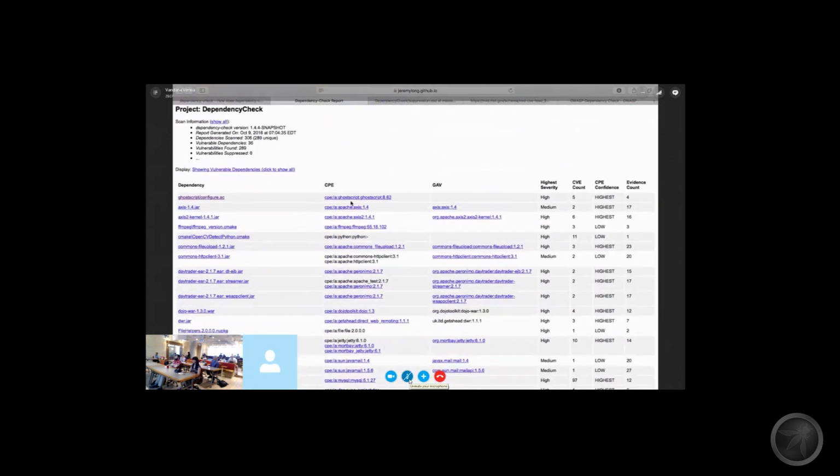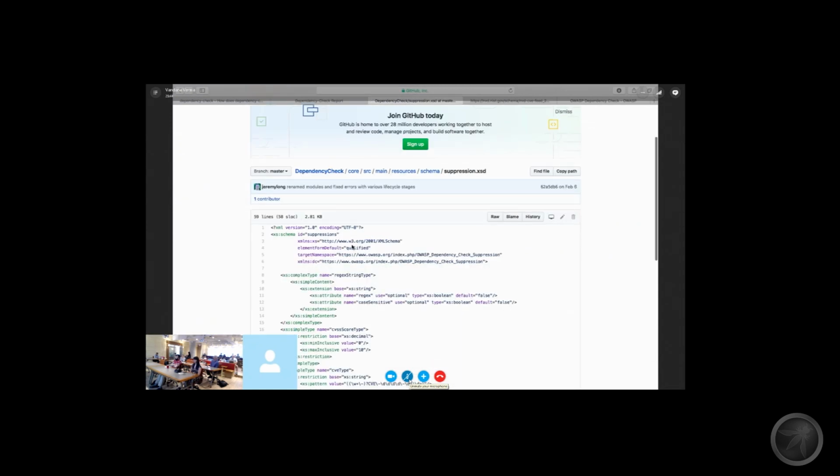You can actually go line by line and see what all can be fixed. You can sit with the developer and see whether it's actually a vulnerability or not. If you see there is a discrepancy, you can suppress that. I'll just move on to the suppression file,